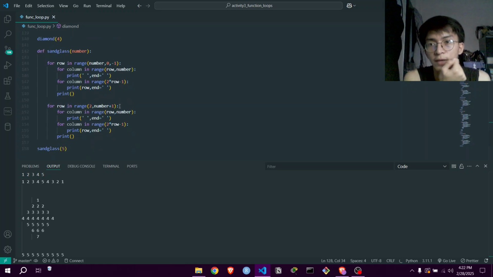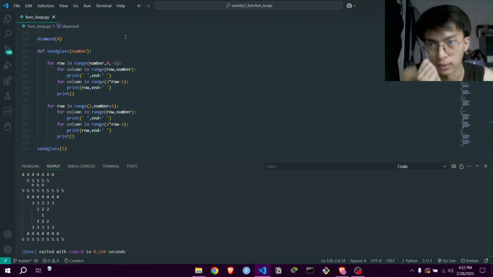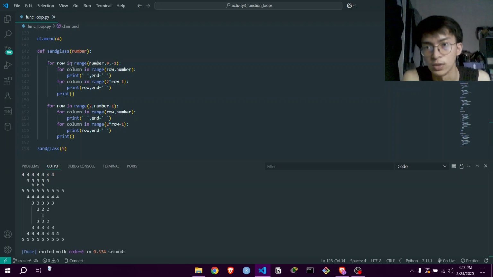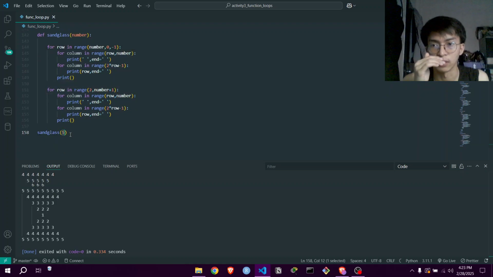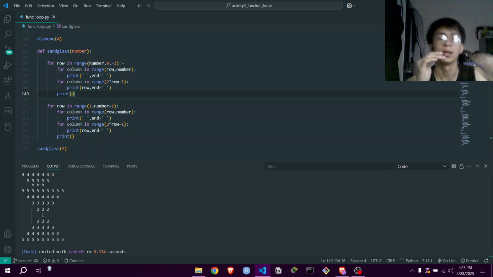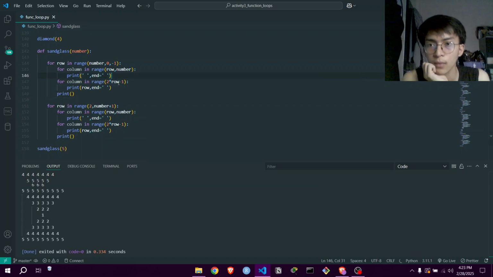And then we have lastly the sunglasses. So this is going to be a little bit harder. So for row, the same thing applies, and then the largest value of the number, which is starting from 5, and then it will decrease down into 1. So yeah, largest into 1. So that's what I said. And then here the spacing, which is nothing,